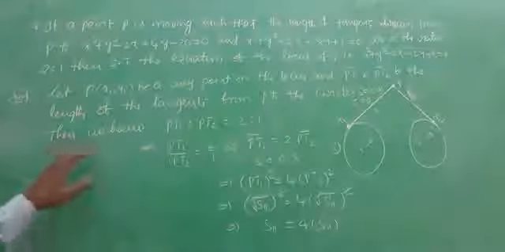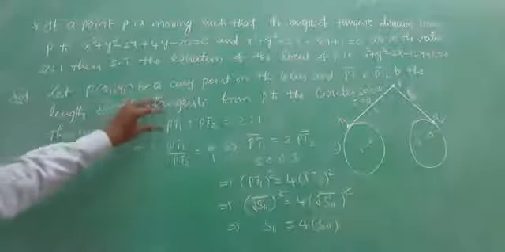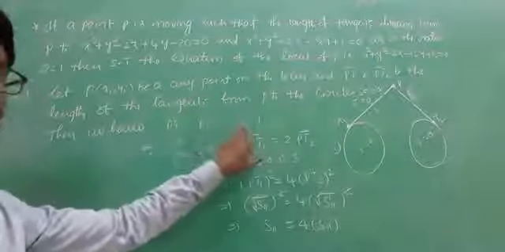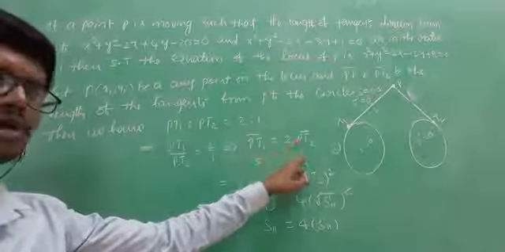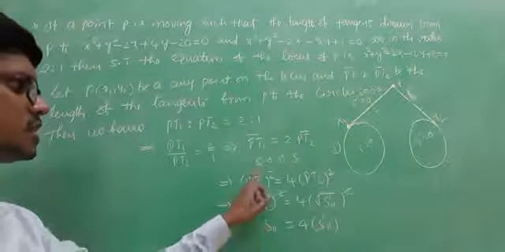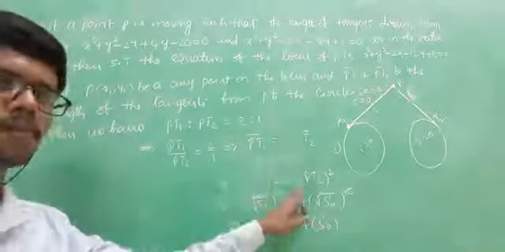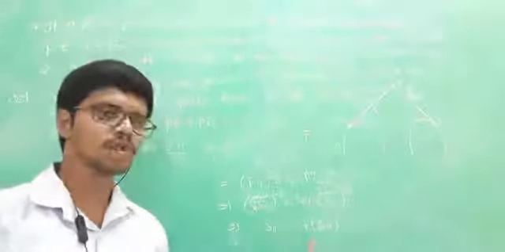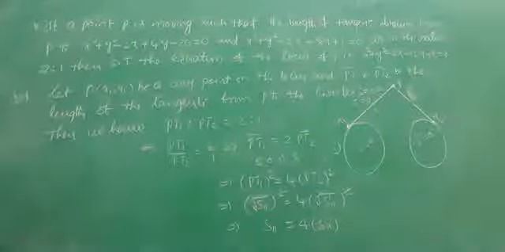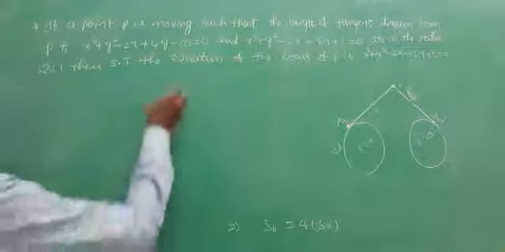Likewise, like the previous problem, PT1 is to PT2 is in the ratio 2:1. By cross multiplication we get PT1 equal to 2 into PT2. By squaring on both sides, PT1 square equal to 2 square, that is 4, PT2 square. So square and root get cancelled, and S11 is 4 into S dash 11. See how to write it. S11 means